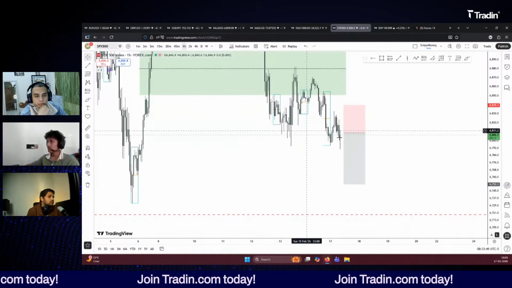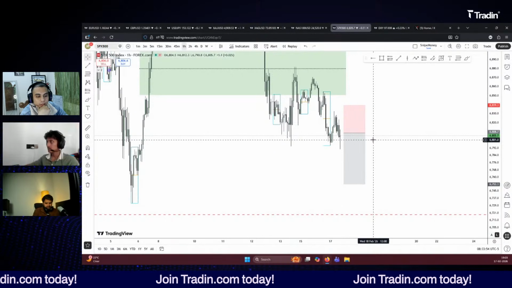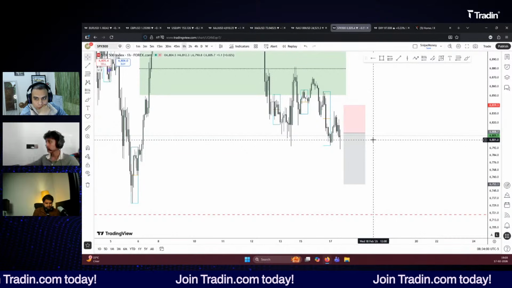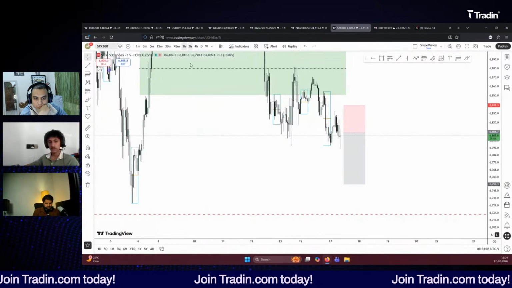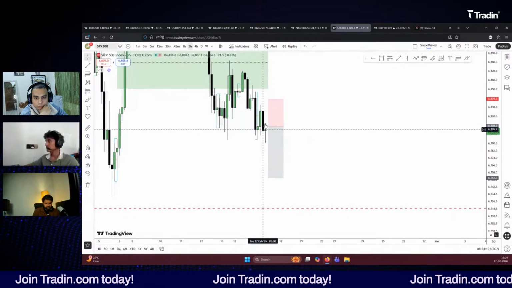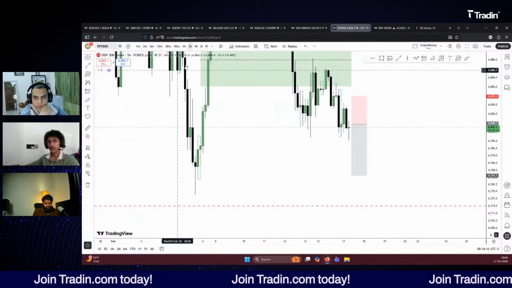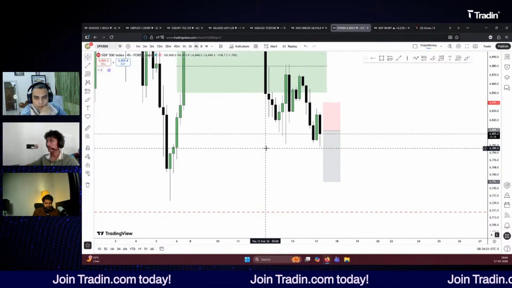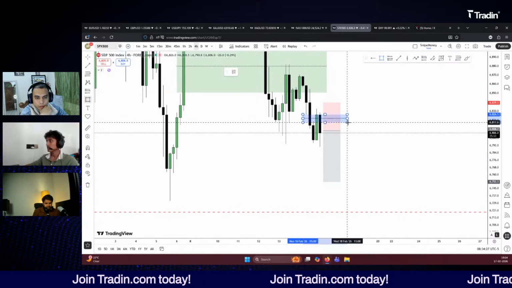On 1 hour time frame, I like this setup, but the 9:30 opening is 1 hour left, so I just don't want to enter right now. Because this 3 hour candle closing is very good to me. They are the 3 hour close, and it still respects this fair value gap as well on 4 hour time frame.